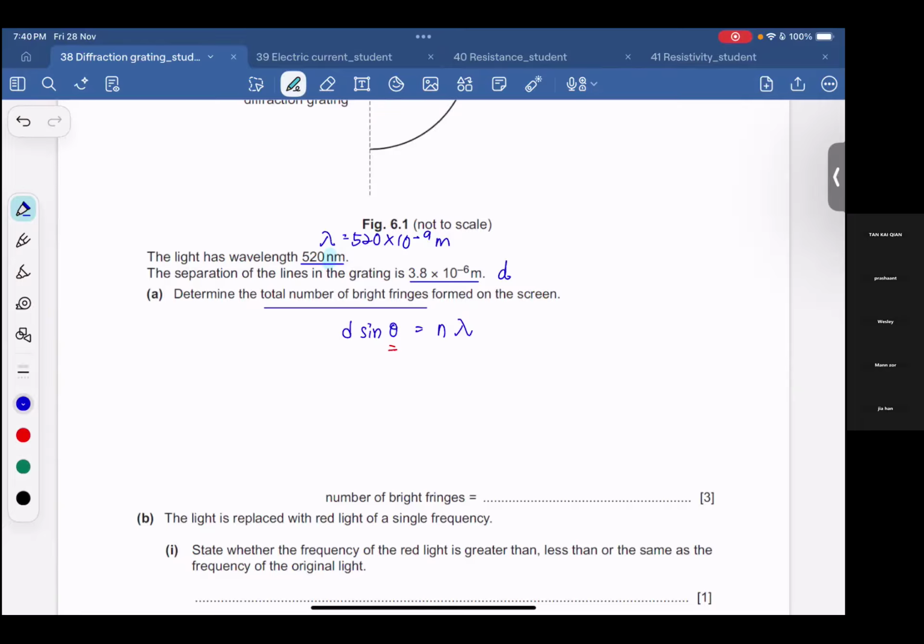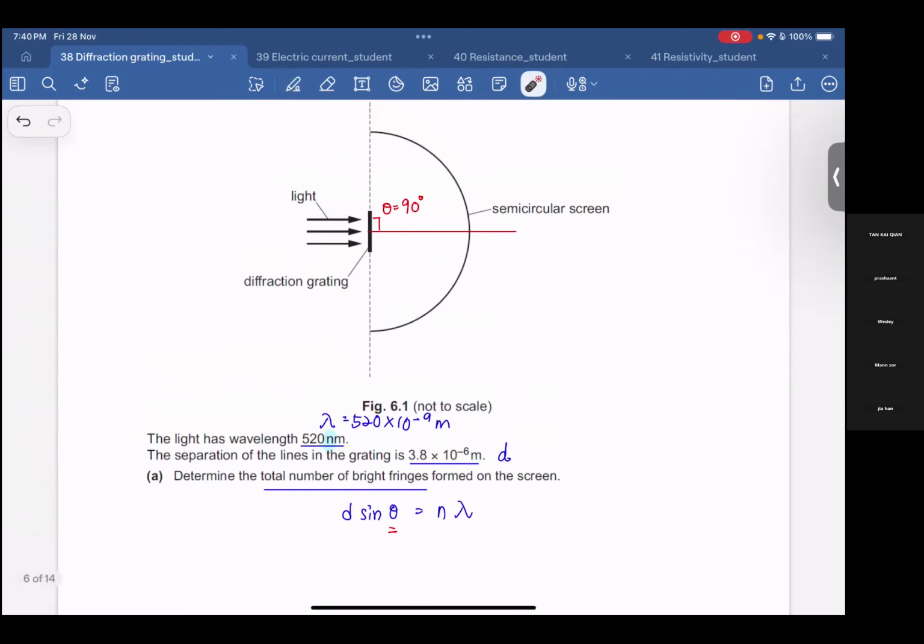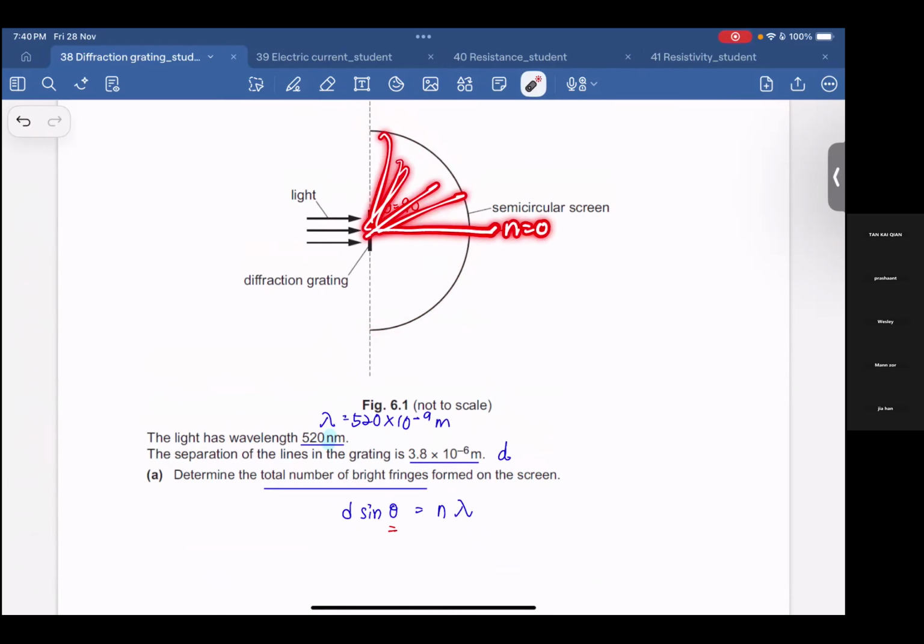Maximum number of bright fringes or bright dots, so in total along here. Kai Chen, your answer is halfway. How about others? Vashini, correct. Yes. So what was Kai Chen doing just now? What you get here is n equals 0. You counted, but you only counted the upper part. Wesley,